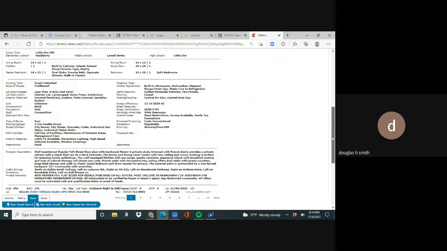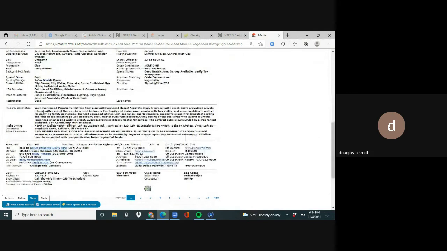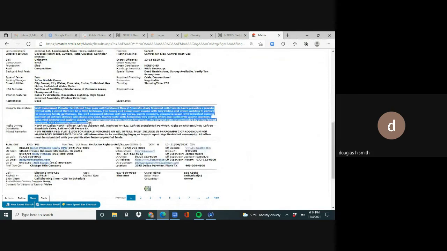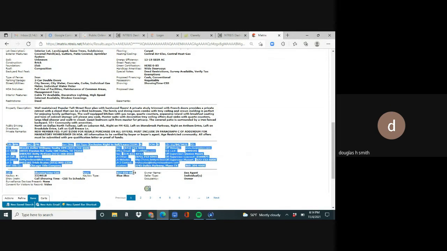Says there's a mandatory HOA, and you can see it's $405 quarterly. That means times 4. If you scroll down, you've got the school district, Little Elm, Hackberry, Lowell, Strike, Little Elm are the schools. And then you scroll down and this information here is going to be your property description. It's always good to look at public driving directions. There's going to be private remarks. Down here, this information basically is the agent information. So it's going to have